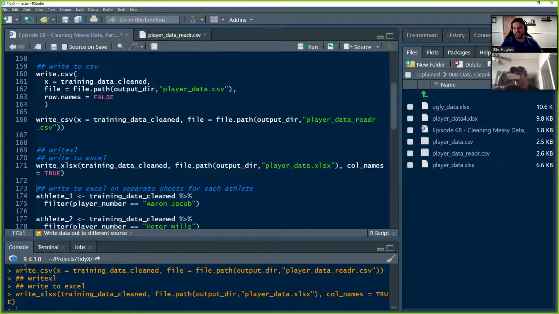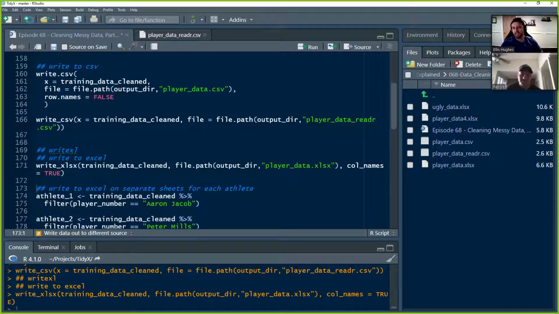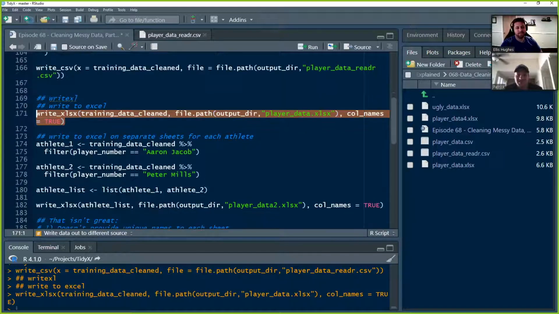Yeah, so we got that one. That's a pretty simple one. It writes to a single sheet. It's pretty easy, but that's not super helpful. No. Why? Well, it's not helpful because a lot of times, if you think about the way that